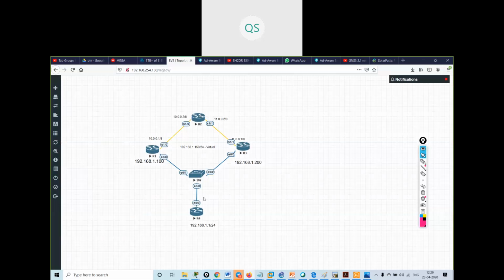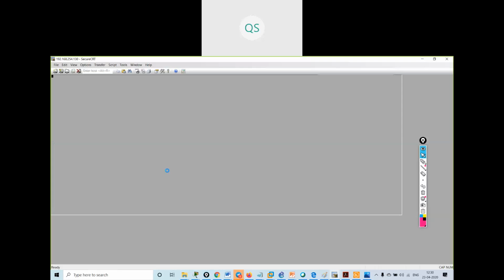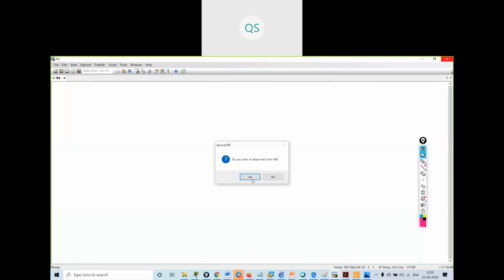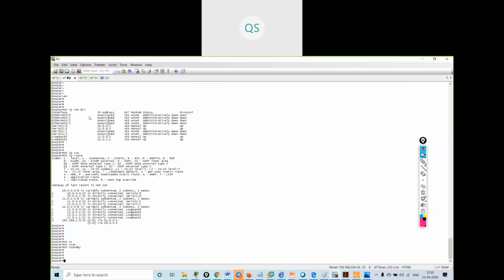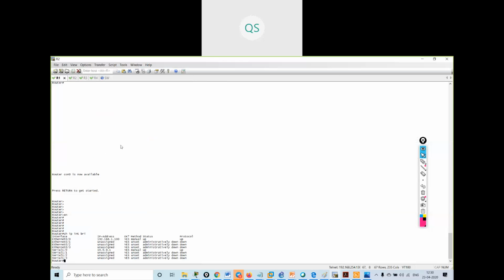Now I will try to ping. See, all these LAN networks should be pingable. So what I will do, I will first check the connectivity between R1 and R2, R1 and R3.